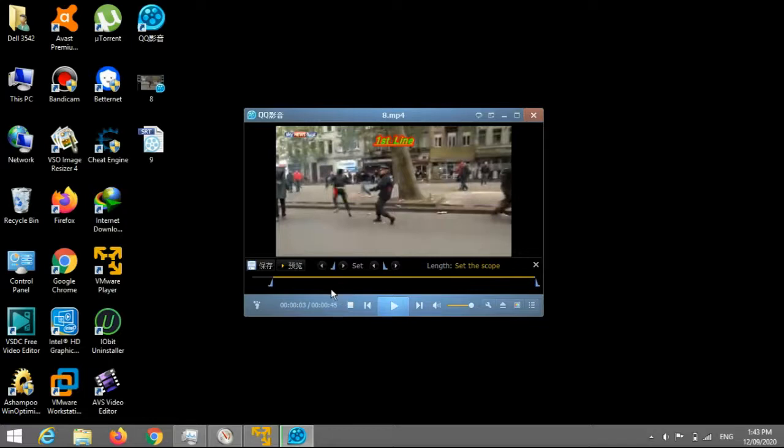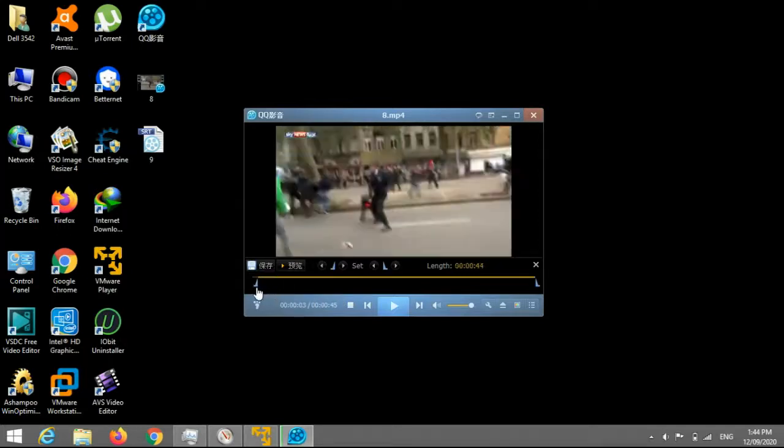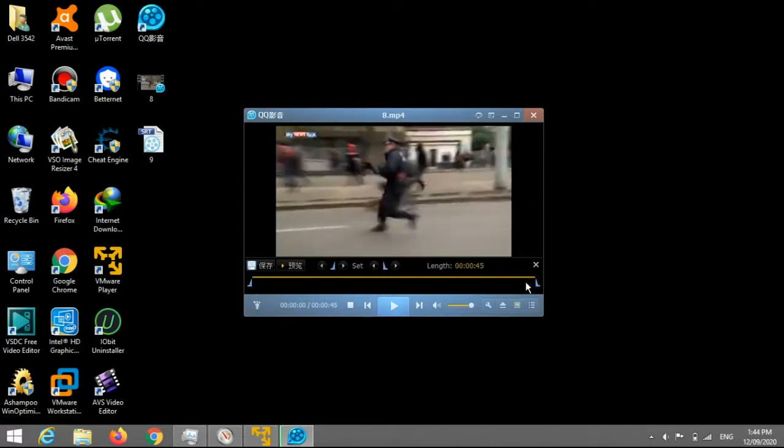Actually, this feature is to crop a certain part of the video, but I discovered when you do this, the extracted part of the video is produced with the subtitle hard coded to it. So all we have to do here is to select the whole video by moving this cursor to the left, okay, and there is no need to move this cursor to the right because by default it is set to the end of the video. Now let's click save,